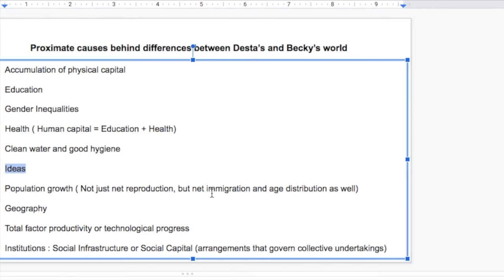But also because of net immigration and age distribution. So the demography of an economy also plays an important role. Which age group your economy is in also plays an important role in determining how your population is pacing up. Also, net immigration: how many people are entering your economy who are not really residents of your economy, but they are in your economy and they are one of the hands asking for resources from the economy. So that also plays an important role.